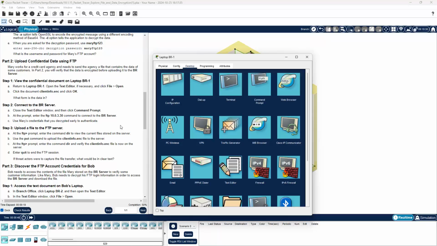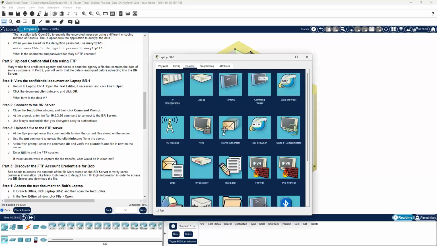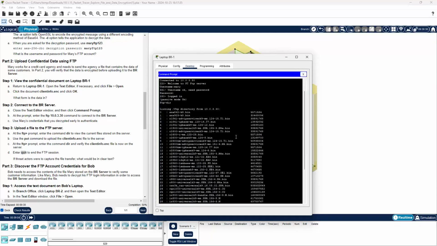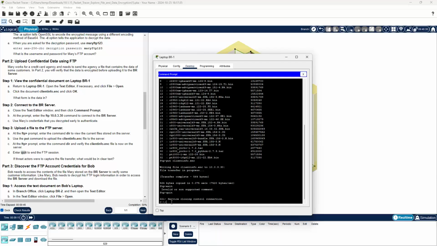So we'll close that. Step 3, we've already uploaded the file. I'm sorry, we were supposed to type quit and not exit to get out of that. So if a threat actor were to see, there we go, quit. If a threat actor were to catch that file in transit from laptop BR1 to the FTP server,